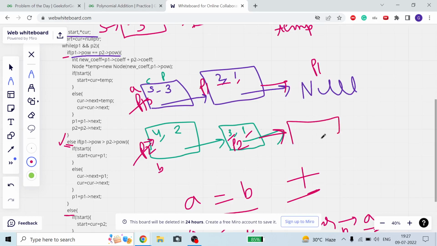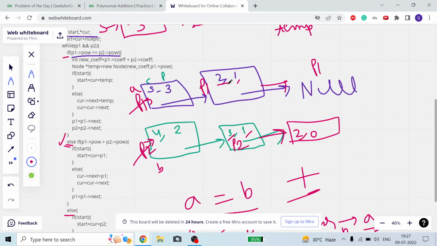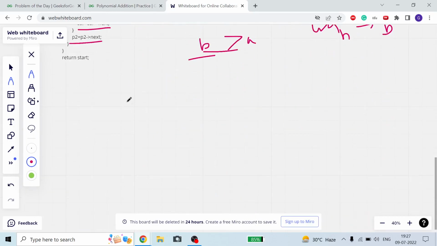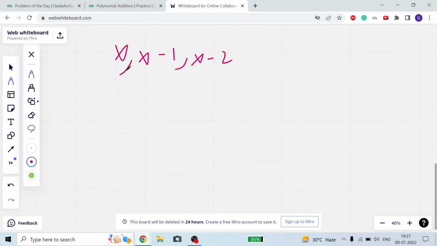Like suppose if we have 2,0 here, and we don't take 10 raised to power 6. Why? Because in GFG what is given is, if the power is x, then the next power will be x minus 1, next is x minus 2. Like if I take 3 and 1 here, it cannot be possible in GFG test cases. Here x minus 1, x minus 2 till 1. Similarly y minus 1. Here all y powers are given from 1 to y, 1 to x.